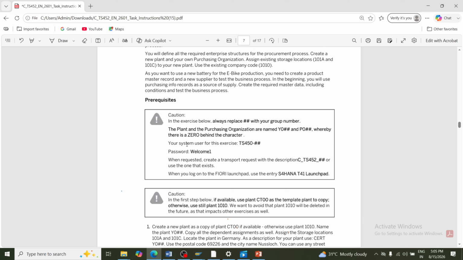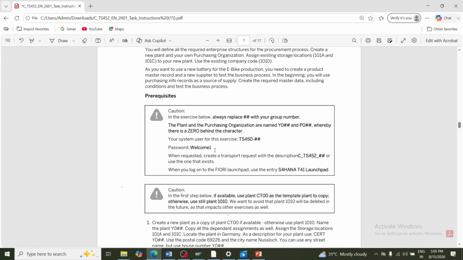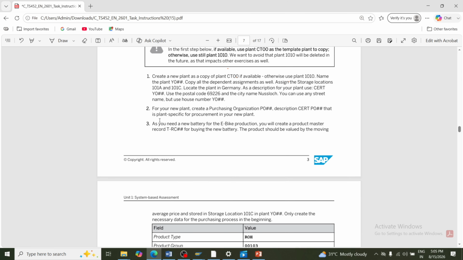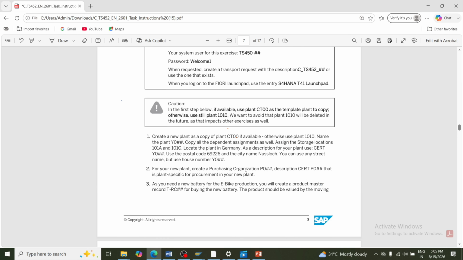If we see here in the prerequisite, the system user is nothing but the username. They mention it as a hash symbol. While writing the exam, they will provide you one group number. We should enter it here, and this is the password which SAP provides during the exam. These are the task scenarios. So what they have mentioned in that: